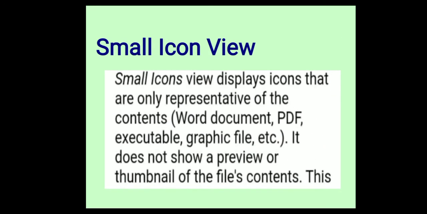Small icon view. Small icons view displays icons that are only representative of contents like Word documents, PDF, executables, graphics files, etc. It does not show a preview or thumbnail of the file's contents. It means small icons view is good for checking all your files and folders.